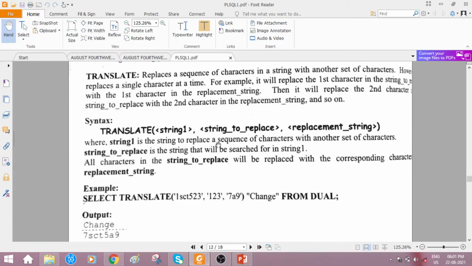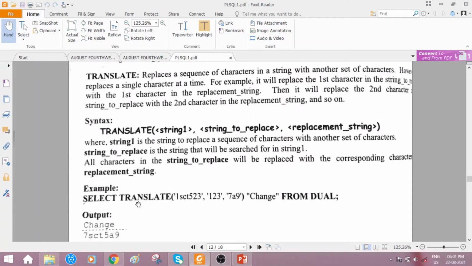String 1 is the string in which a sequence of characters is replaced with another set of characters. The string to replace is the string that will be searched for in string 1. All characters in the string to replace will be replaced with the corresponding character in the replacement string. So whatever characters you find as the third argument are the new characters that will be found in the original string.